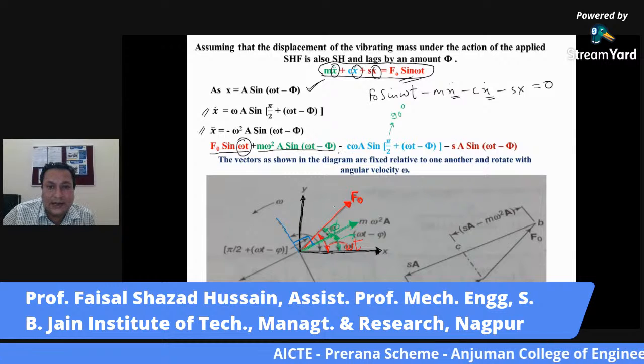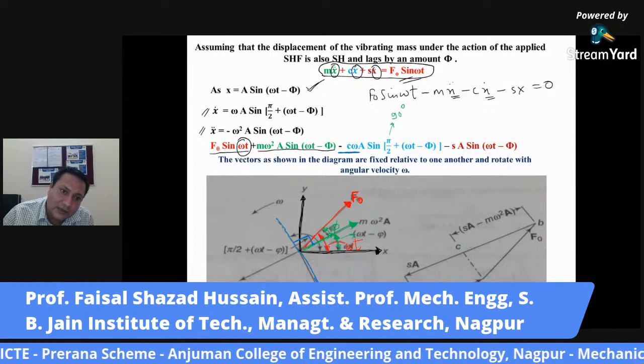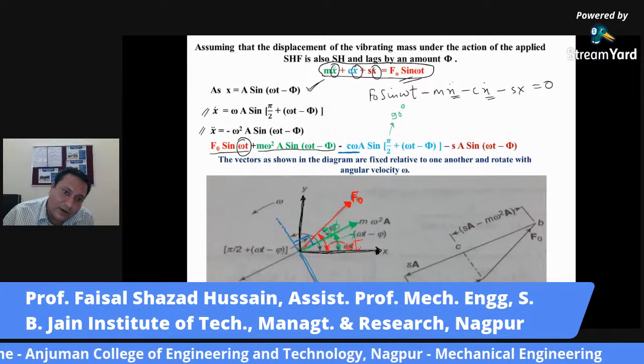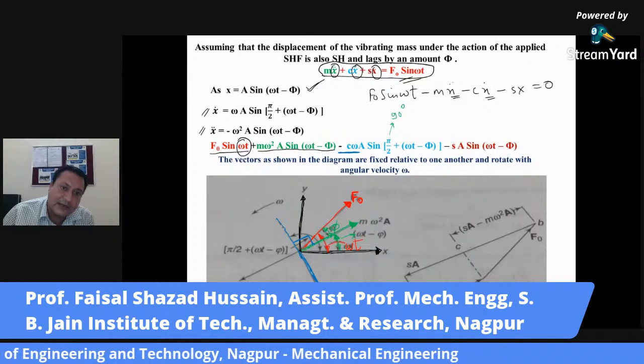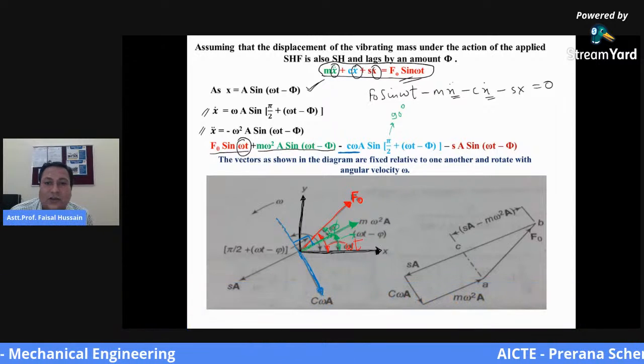Because here you can see that it is minus C omega. It means it will act in the opposite direction, so the direction will be downward. Its direction is downward. That's why it is acting in the opposite direction. And the last one is your